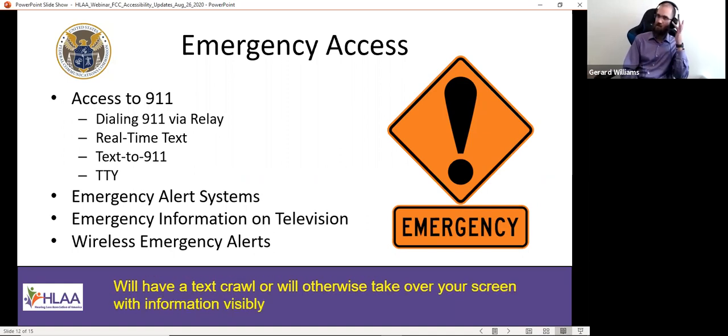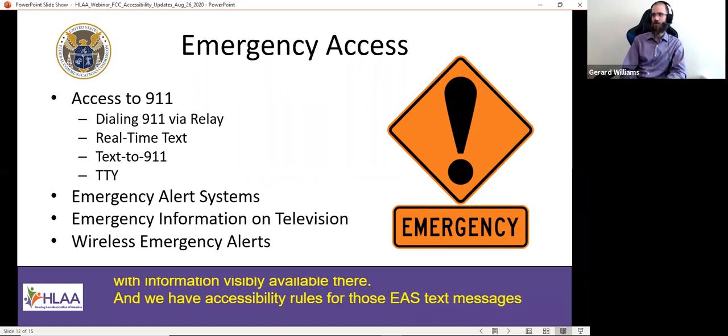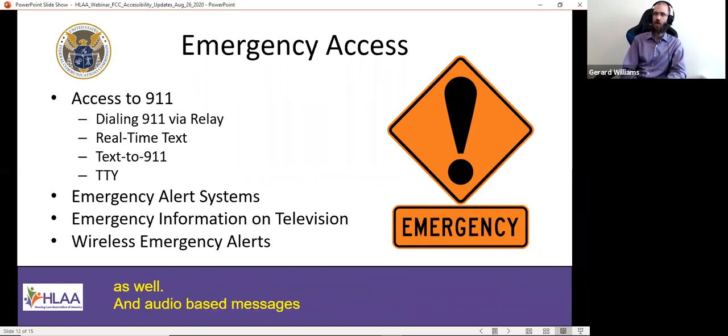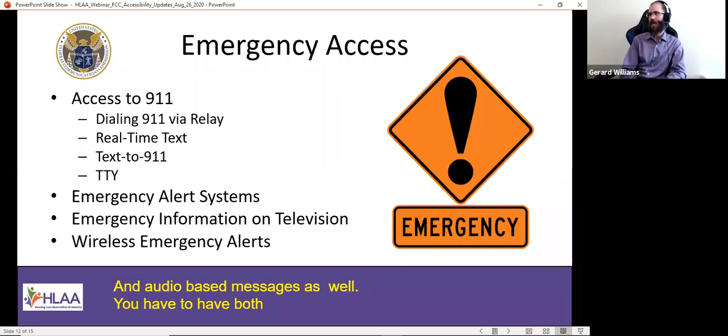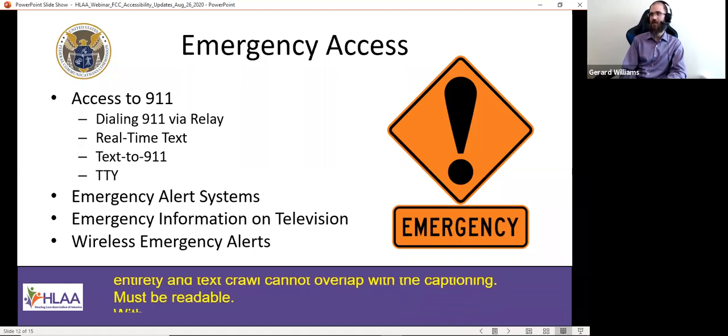And we have accessibility rules for those EAS text messages as well, and audio-based messages as well. You have to have both of those done at least once in their entirety, and the text crawl cannot overlap with the captioning. And it must be readable, with font size, with speed, and so forth.